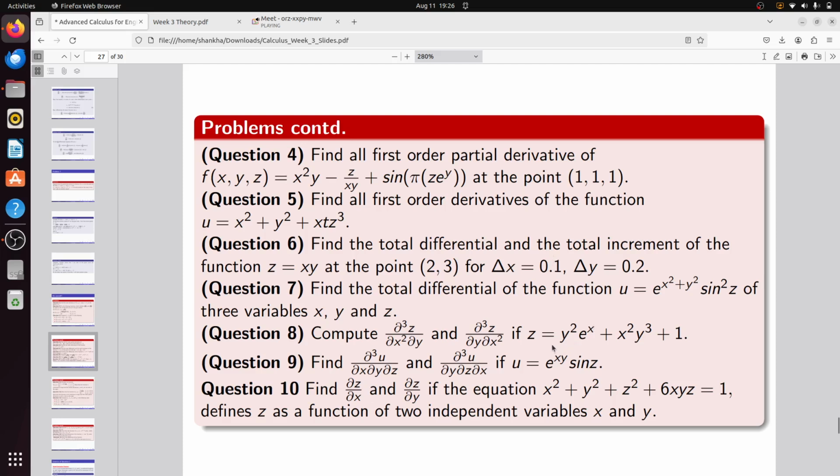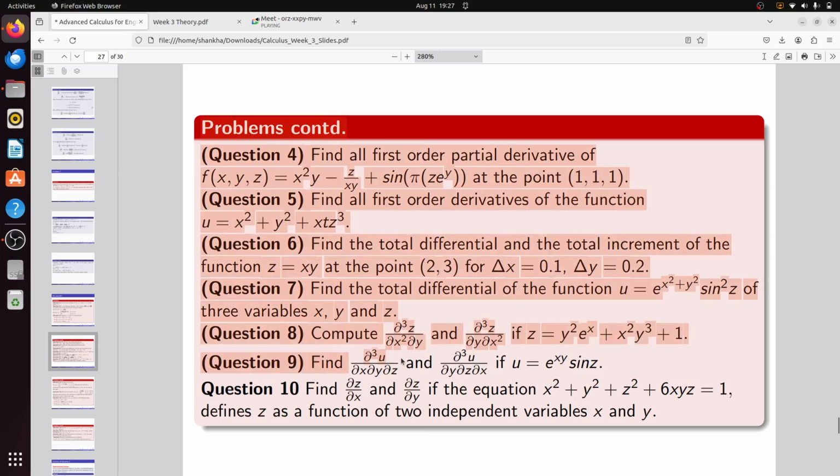is a very nice function, right? It is actually a smooth function. You can take derivatives, partial derivatives of any order. So it is actually a C infinity function. C infinity function means this function is itself continuous, and whatever order you can take partial derivatives, those partial derivatives are also continuous, right? So this is actually that sort of function. So it's a very smooth function, and for smooth functions, usually these mixed partial derivatives are actually equal to one another. Now question 9 also is very same.